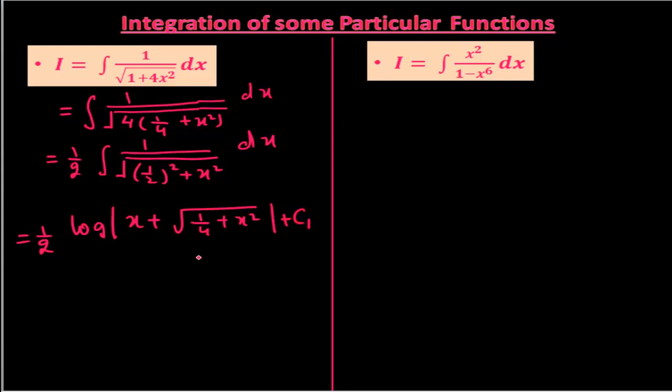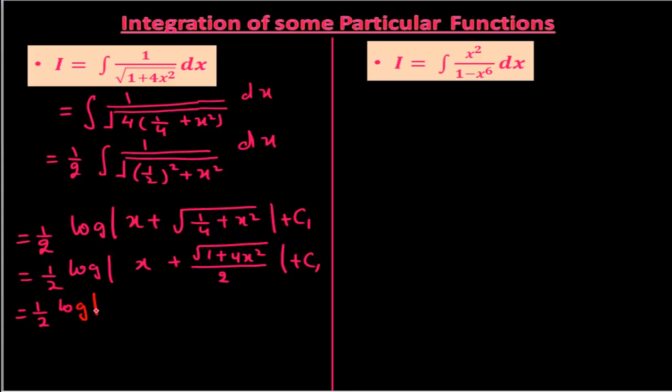Let us suppose the constant of integration is C1. Now when we simplify the term under the square root, we take LCM, it reduces to, look at the later part, it will become 1 plus 4x square divided by 4 and the entire term under the square root. So because 4 is a perfect square, we can write it as square root of 1 plus 4x square divided by 2 and x over here plus constant of integration. If further LCM be taken, we can even write it as 1 by 2 log modulus of 2x plus square root of 1 plus 4x square and this entire term divided by 2